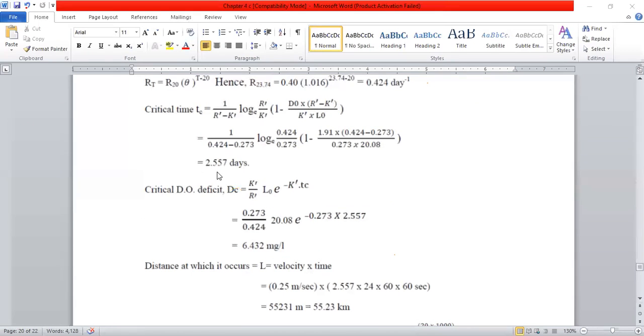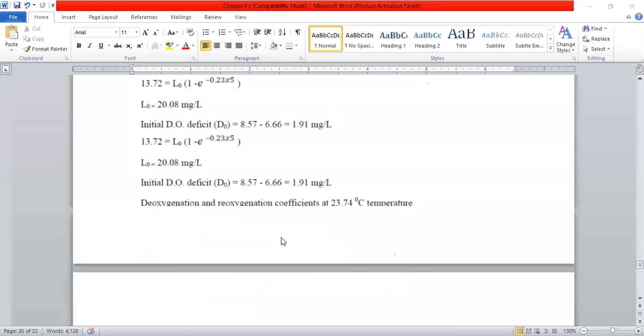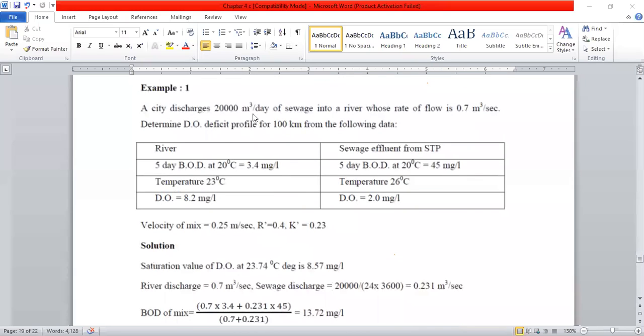Tc you have determined here as 2.557. From that Dc you can determine as 6.432 milligram per liter. Okay. Now the next question being asked is to draw the profile, to determine the dissolved oxygen deficit profile for